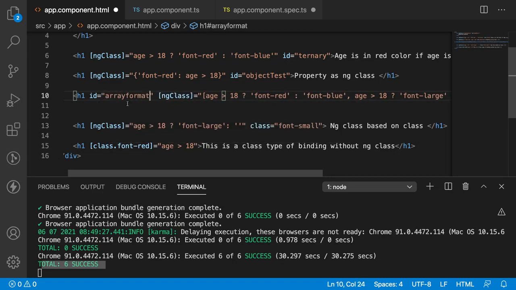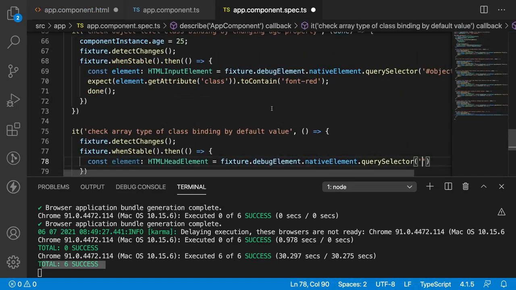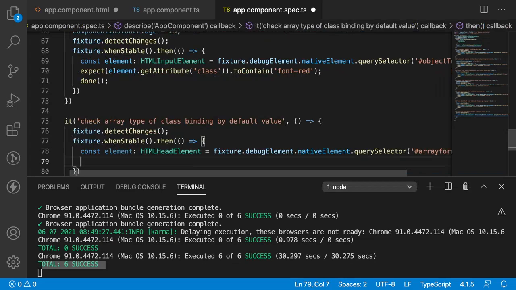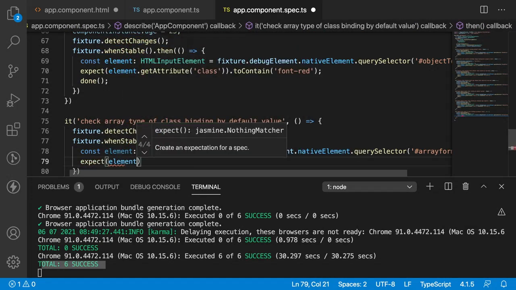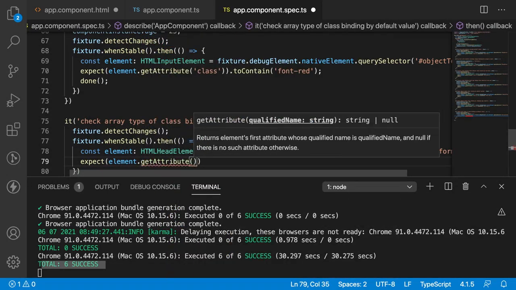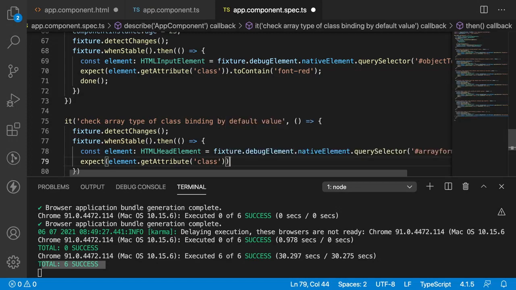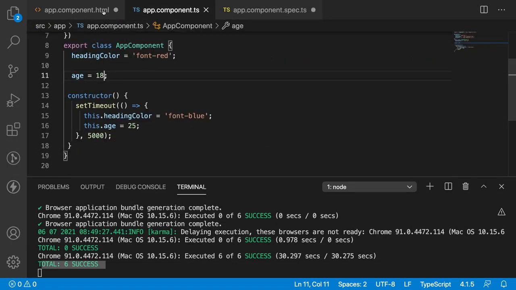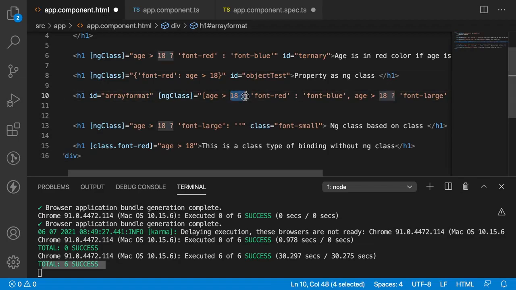This is my ID. Let me copy this ID, go here, prefix with hash, and I am able to get the element. What is my expectation? Expect element.getAttribute of class, what it should contain. toContain of, it should contain two classes now, because age is 18, that means it is less than 18 or equal to 18.